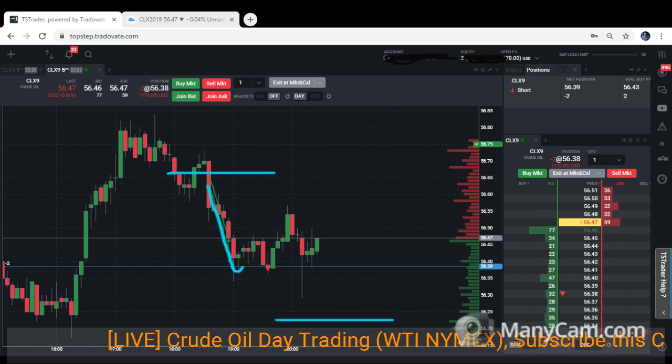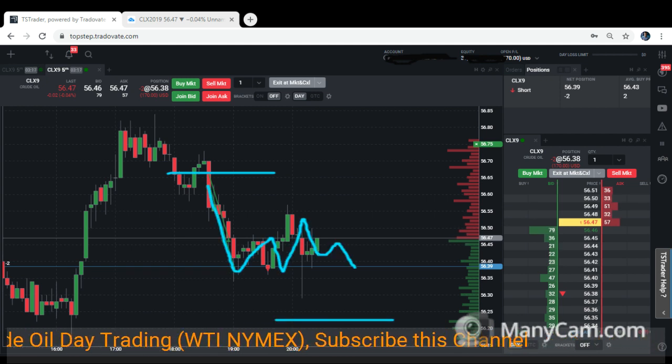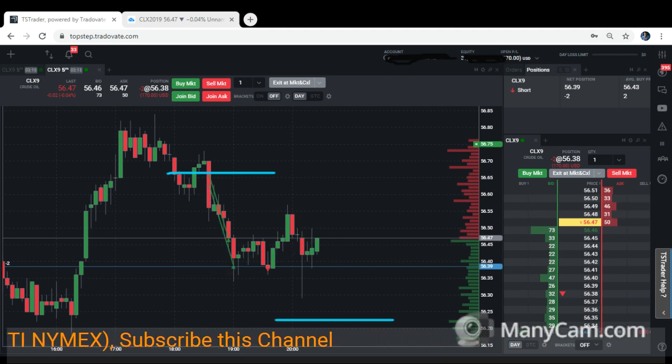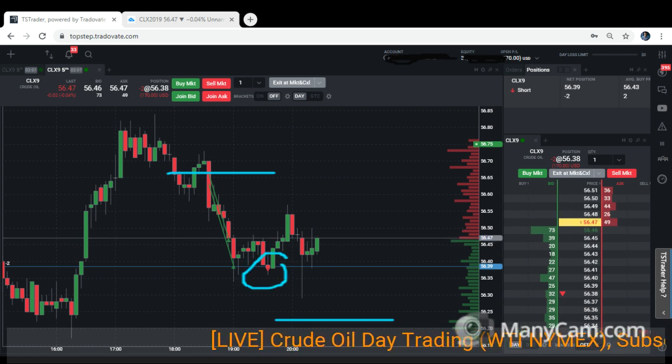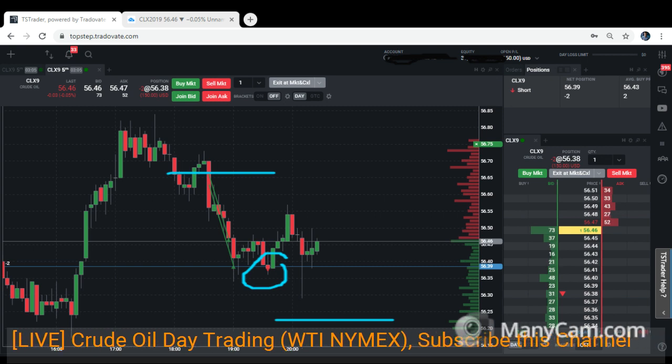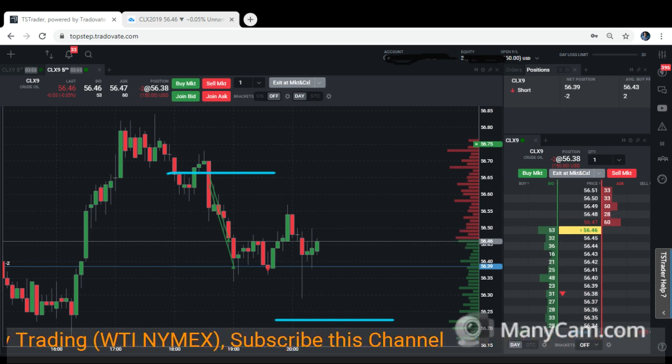Now the market moves sideways. I re-entered the market because I accidentally exited, but it was not a good entry, somewhere here just at the tip of it. So I have to be cautious, because I'm already in profit around